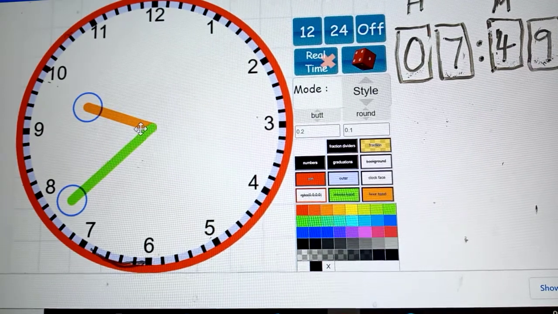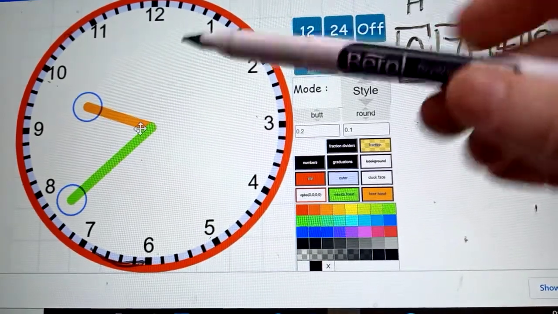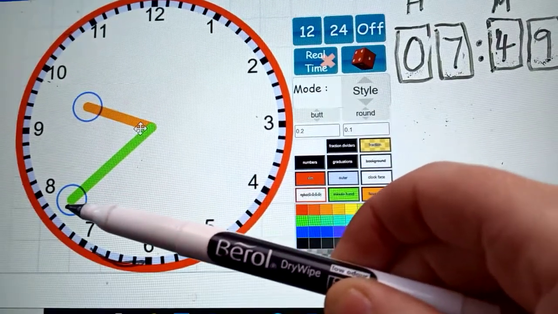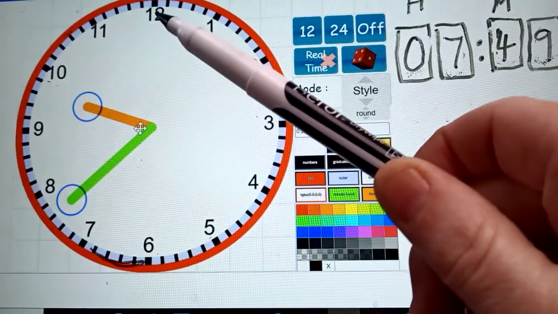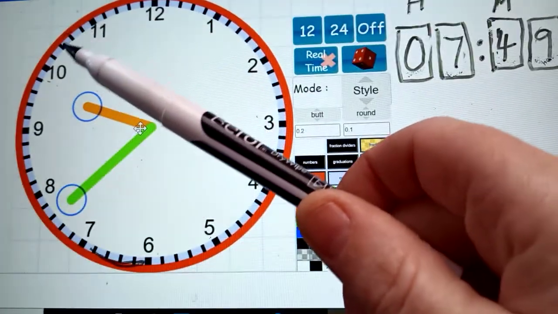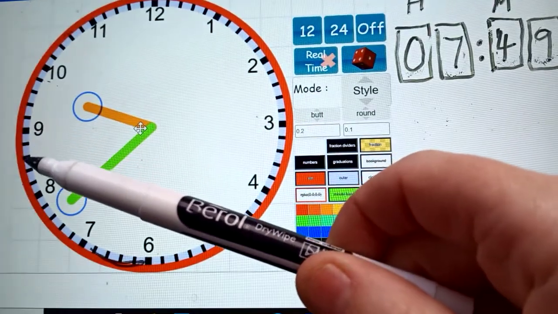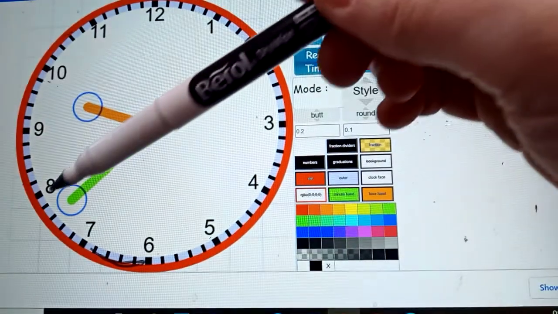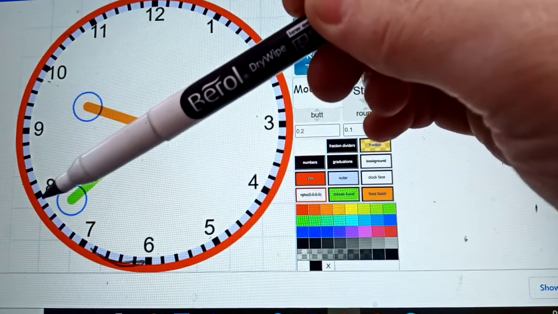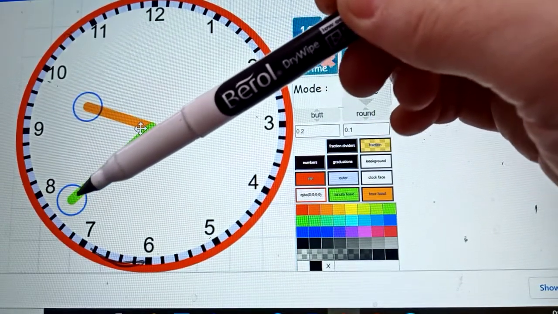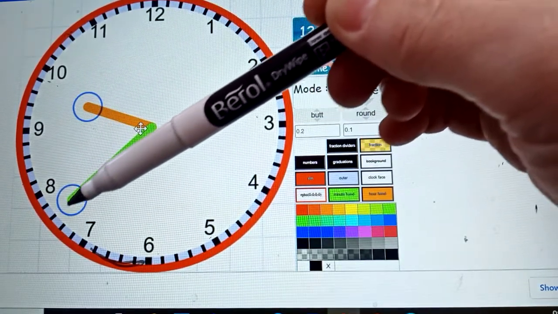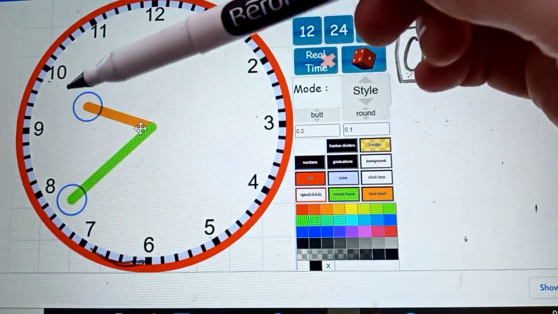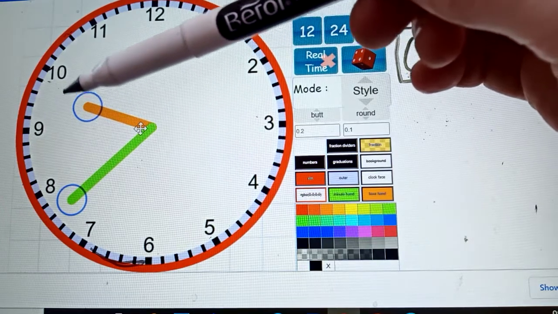Right, let's do analog first. We start with the minute hand. Is it to or is it past? Well done, it's to. How many minutes to? Let's count backwards. Ready? 0, 5, 10, 15, 20. But it's past 20, isn't it? 20, 21, 22. 22 minutes to 9 or 10. I think it's nearer the 10, so it's